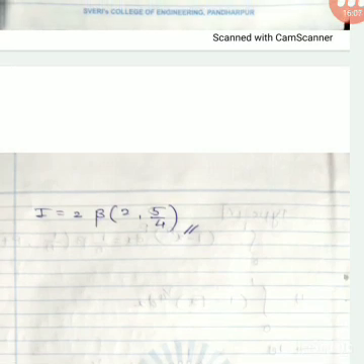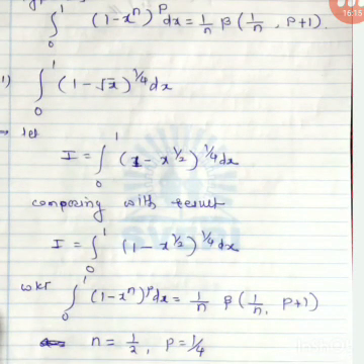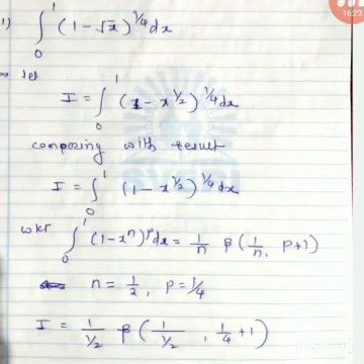Okay, this no need to simplify because 5 by 4, a fraction, is there. If at the denominator 2 is there, then only we have to simplify. Understood? Type 4 is a particular case of type 1 with m is equal to 0. Otherwise, you can consider it a separate type and you can use the result. What is n? Power of x. What is p? Power of the whole bracket. Okay, thank you.